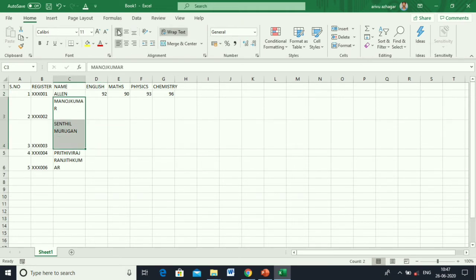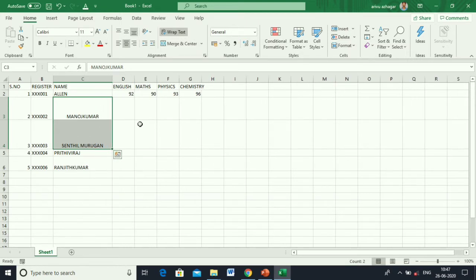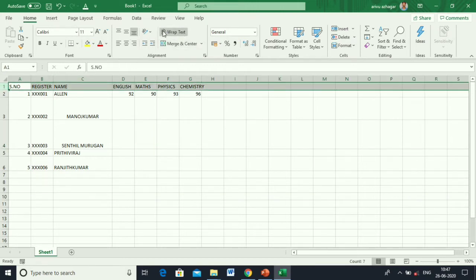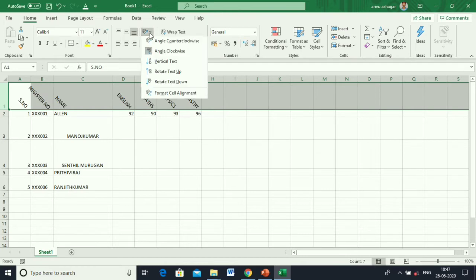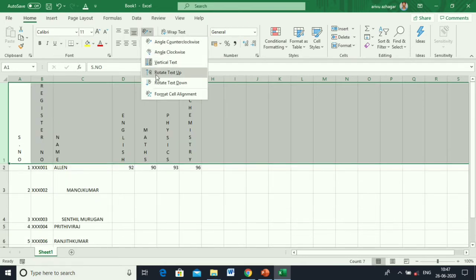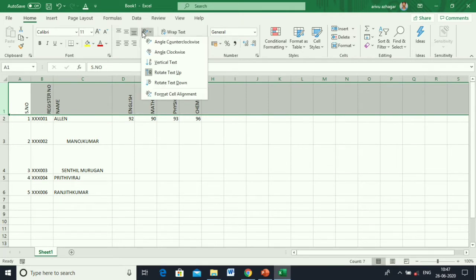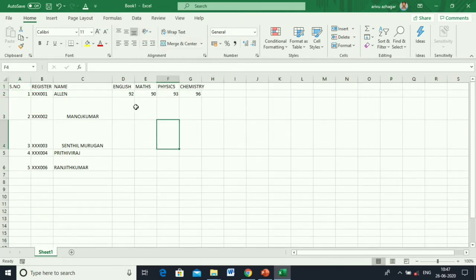Then you can change the text in clockwise, anti-clockwise, vertical, and rotate. Then you can move the text within the cell.